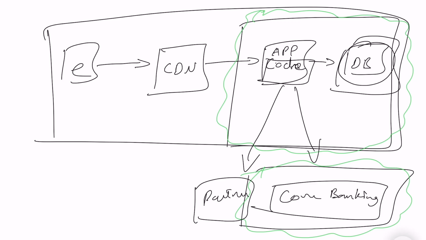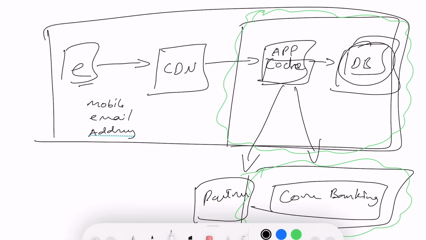So for example, if I talk about the flow again, from the browser you have hit maybe a URL, or you're trying to fetch some data. You just logged in, and after the login it should show you maybe your mobile number, your email ID, and let's say your address. Okay, so the flow will be